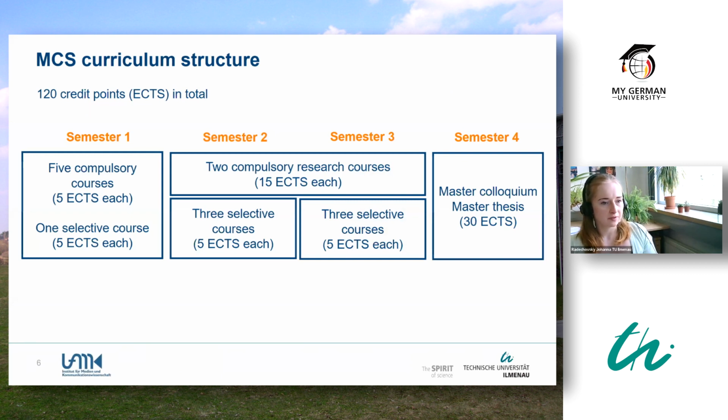Yeah, coming to the curriculum, because that's what I already teased, you have some 5 compulsory courses that everyone has to take, so that you are able to be on one level within communication science, to have the same level of method knowledge, of theoretical knowledge. After that, it's completely up to you to choose some courses from a catalog of elective modules. So as you can see, your first semester is more or less decided already, but as I said, very useful, very interesting modules that get you on a certain level to be able to continue. You have the chance to select one more course. After that, it's only